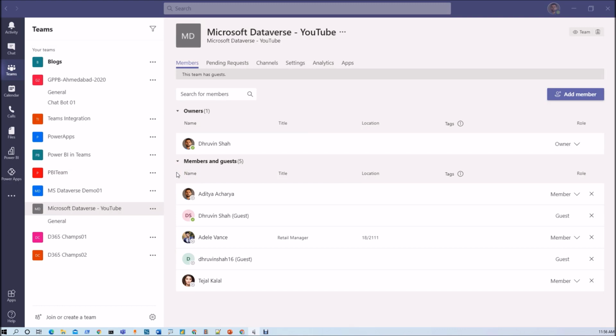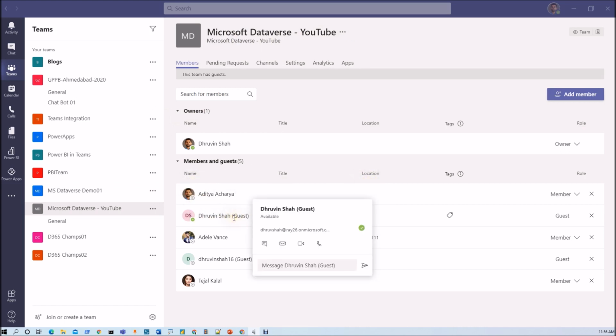Now we have talked about the distribution of these Power Apps to members using Dataverse for Teams. Now what about the external user? If we have added any external users to our team, are they able to access the Power Apps that we have built inside Teams? Let me answer your question. Let's say, for example, in this particular team, Microsoft Dataverse YouTube, I have added two different external users.